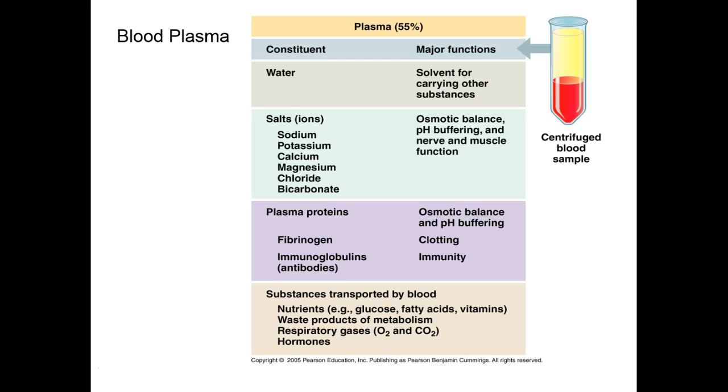We talk about this a little bit in the chapters on the cardiovascular system, in how blood will go through capillary beds. The fluids will move out into the interstitial tissue, and then the fluids will move back into the bloodstream. And it's thanks to these osmotic things that are floating around in blood that give it